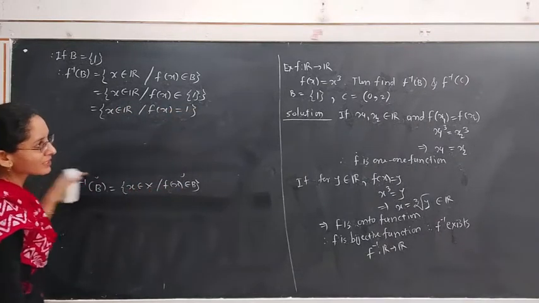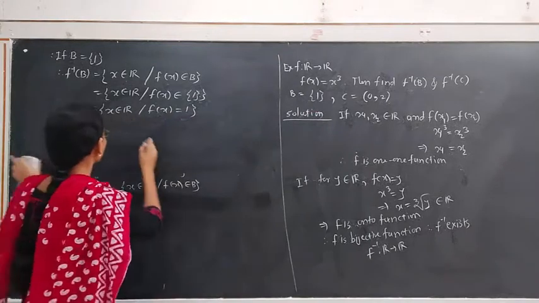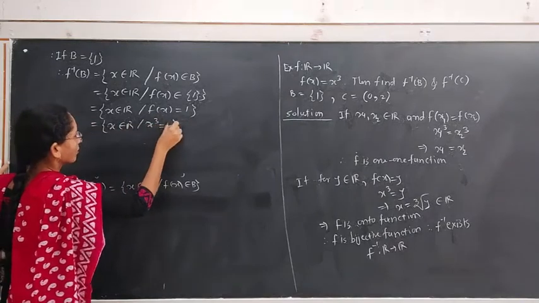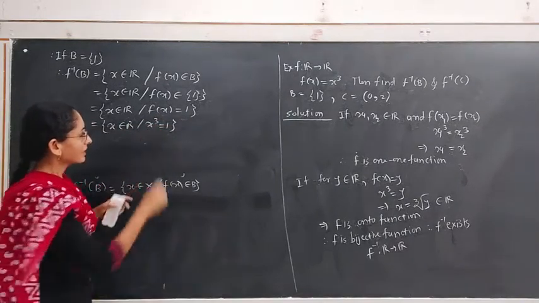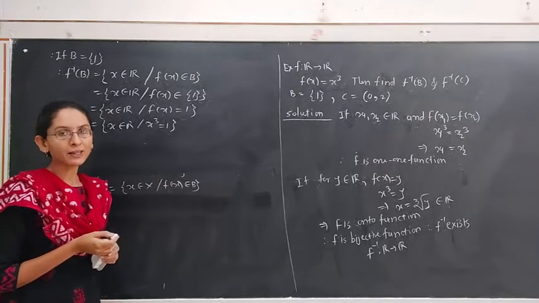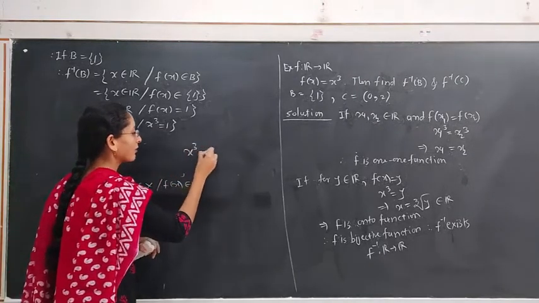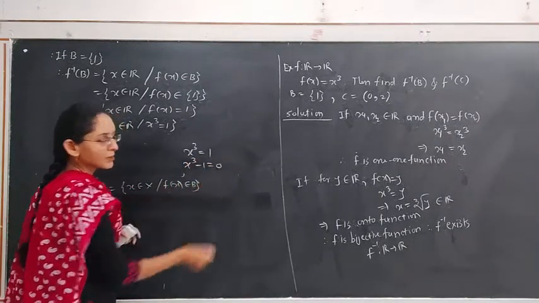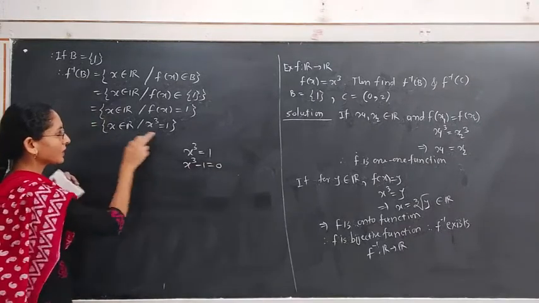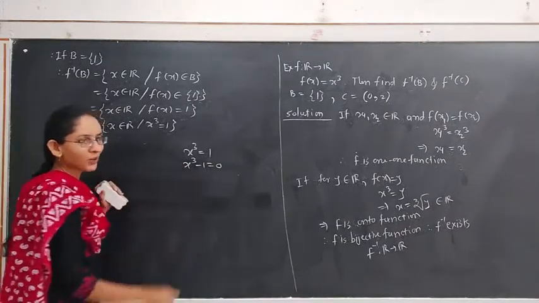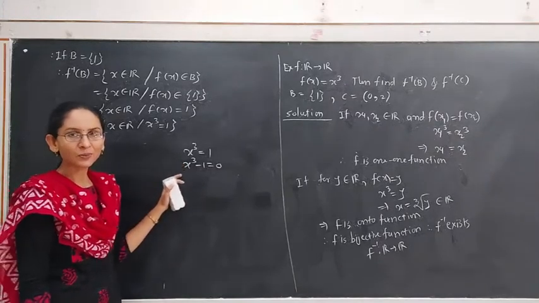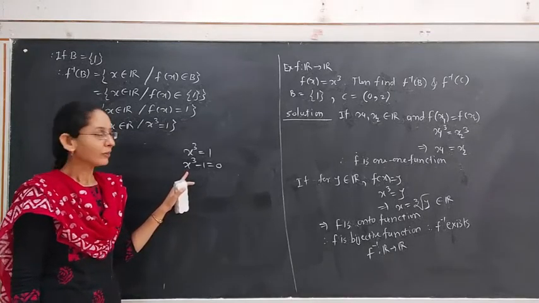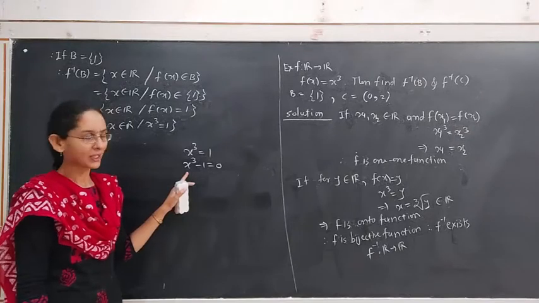What is f of x? F of x is defined by x cube. This is the set of all real numbers where x cube is equal to 1. See, this is the equation x cube is equal to 1. If we try to solve this equation, that means we solve x cube minus 1 equal to 0. We want the solution in real numbers. How many solutions does this polynomial have? Because x cube minus 1 is a polynomial of degree 3, it has at most 3 roots. We want to find the real roots of this polynomial.